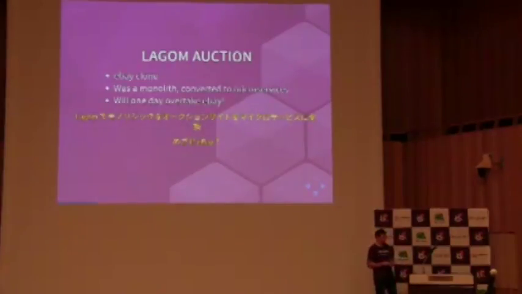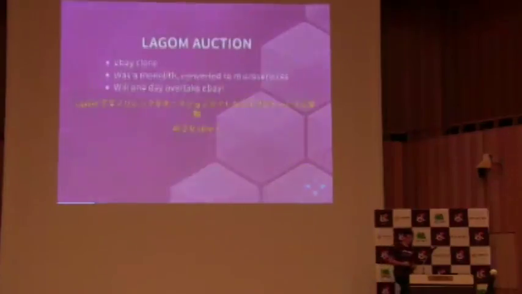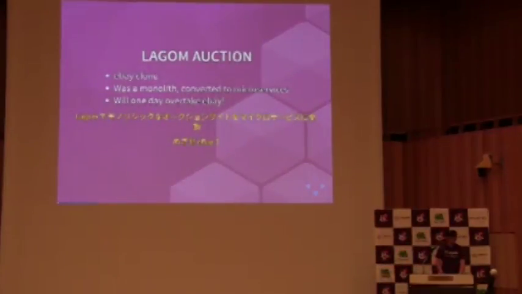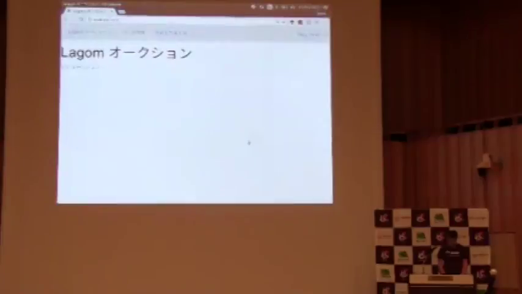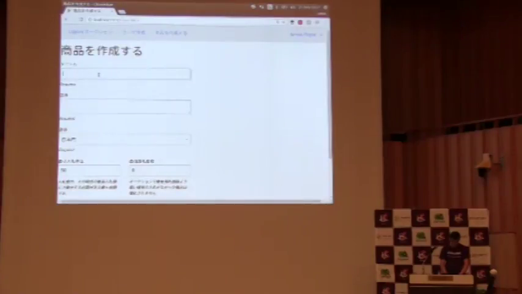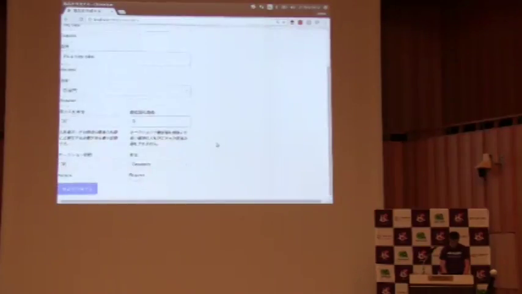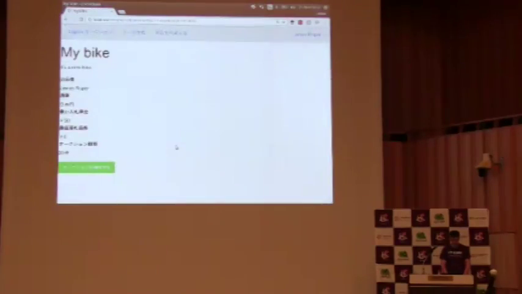So you can see it here. I actually wrote it with Japanese, I think. So I can create an item. I'm going to auction off my bike. It's a nice bike, people should buy it. We'll go with all the defaults. This auction is going to go for 30 seconds. I've now created the item, and I'm happy with it, so I'll start the auction. Then, very secure security, you just select the user from the top here.